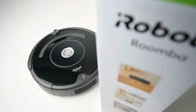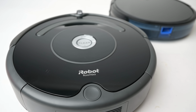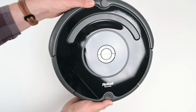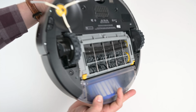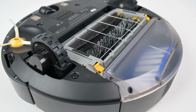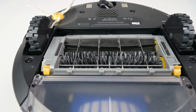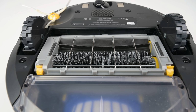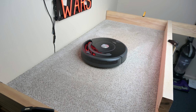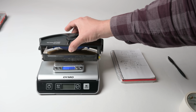The Roomba 675 is one of the cheapest Roombas you can get, but it's still quite a bit more expensive than the Eufy. It's incredibly well built though, as most Roombas are, and there's a lot of support and third-party spare parts available online from dozens of manufacturers, but the biggest reason to buy a Roomba in my opinion is the dual brush system, which makes the 675 light years better than any robot in this price range at deep cleaning carpets, which we test by embedding sand into medium pile carpet and then weighing their bins before and after